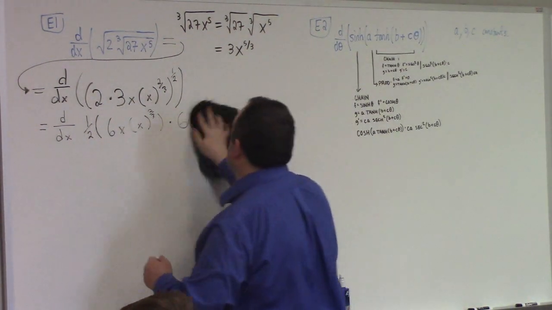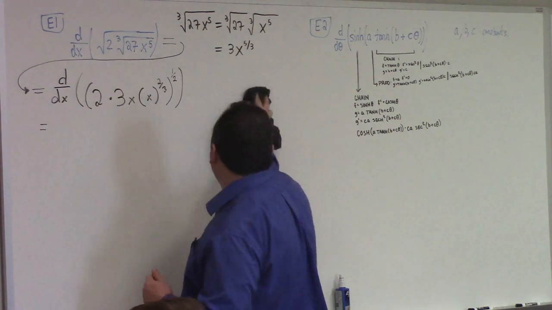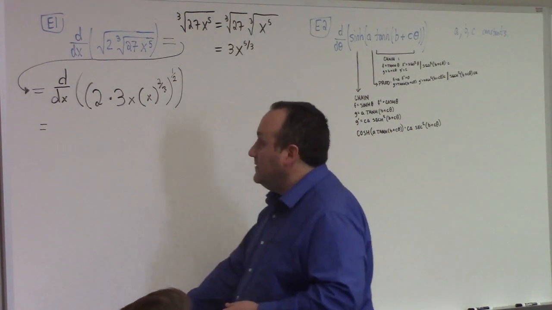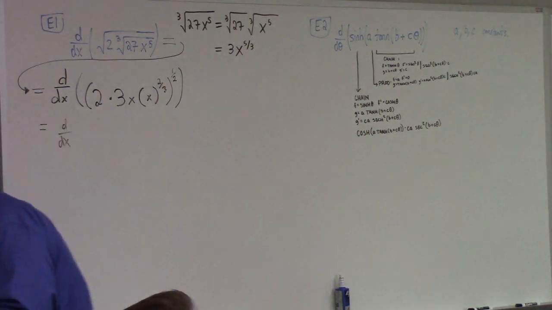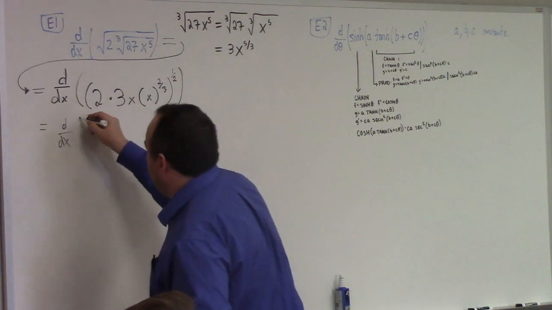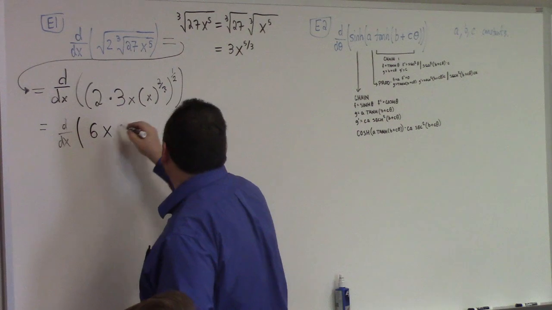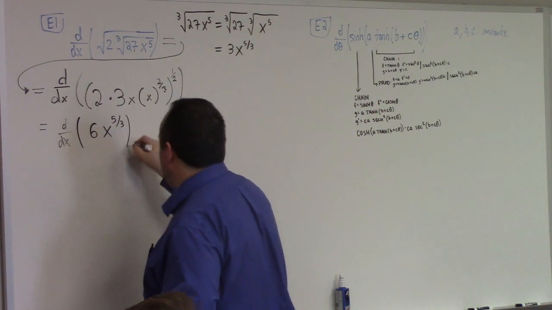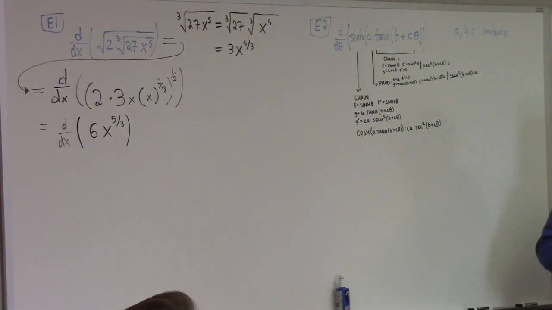what we want here, so generally as a point of order, if you're differentiating something, it is worth your time to algebraically simplify it before you take the derivative. So in this case, we have the derivative with respect to x of, let me throw this thing out, it's a piece of trash. There we go. It's like a layup. Let's see here. 2 times 3 is also known as 6. So you've got 6 x to the what? X to the 5 thirds. Okay? First order of business, clean it up. Then differentiate. So that is nothing more than 6x to the 5 thirds. Although I forgot something. What have I forgotten?